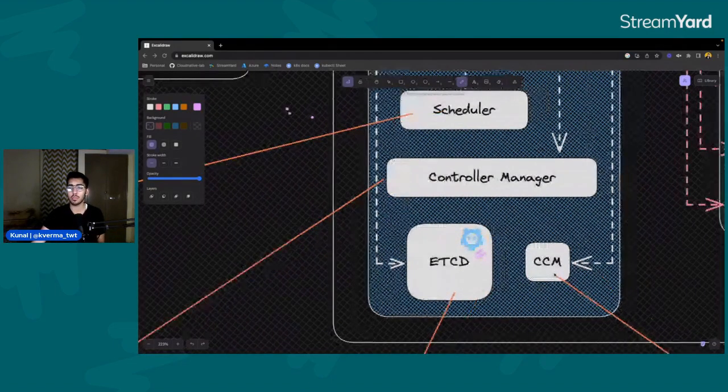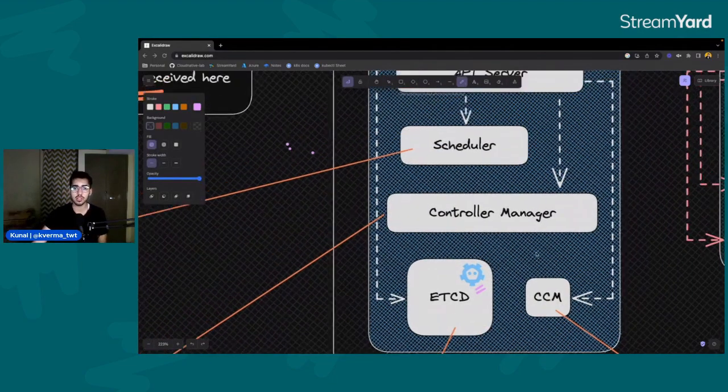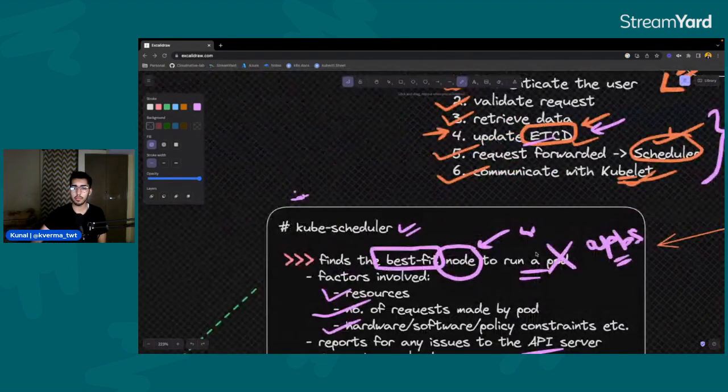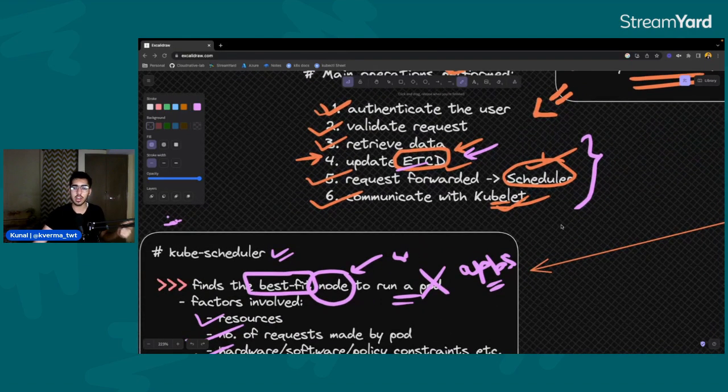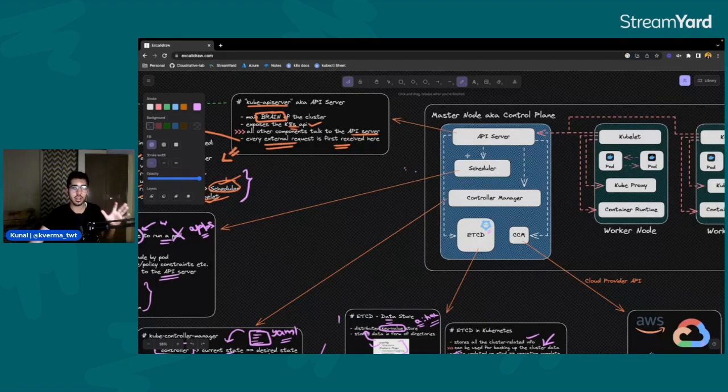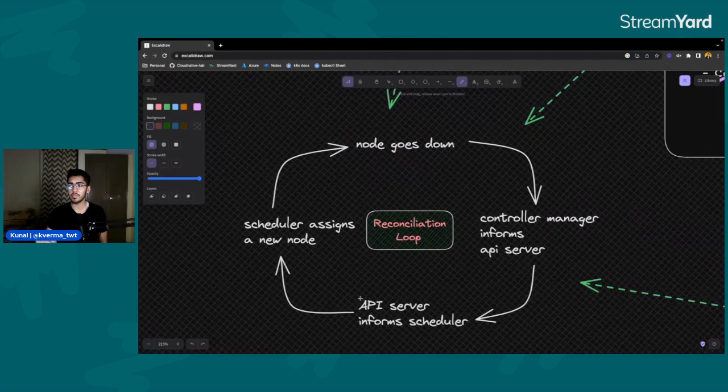Before moving on to this last component, which is an add-on component for the master node, I just wanted to make you understand how these three work simultaneously. Okay, the API server, the kube controller manager, and the etcd, and the kube scheduler, of course. So how these work in sort of a workflow manner. Okay, I hope you are able to see this diagram clearly.